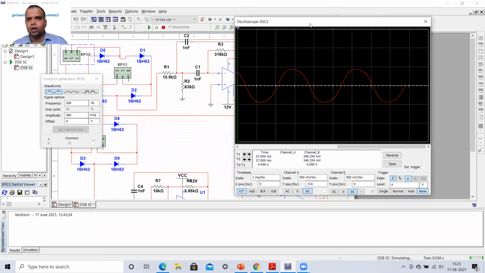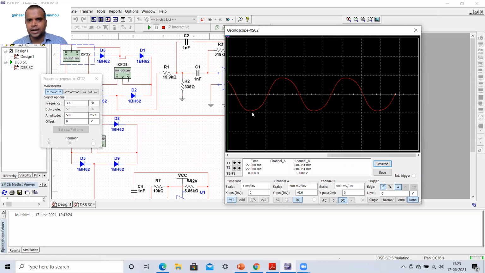That time period you can observe from this waveform. It is starting from this point and ending at this point, so here you can just measure it. We can also use this pointer. What is the minimum value? Here you can see the minimum value is coming around minus 784.